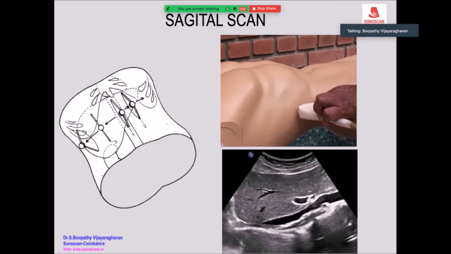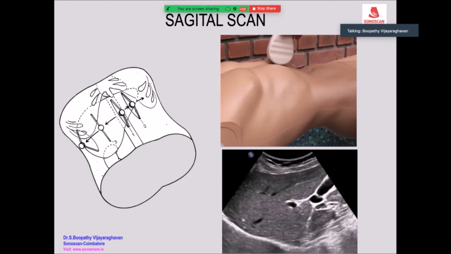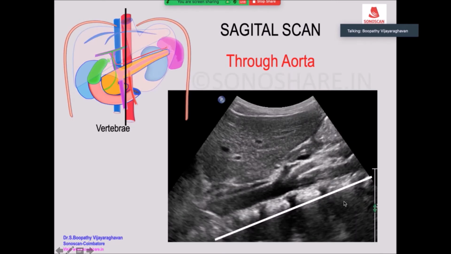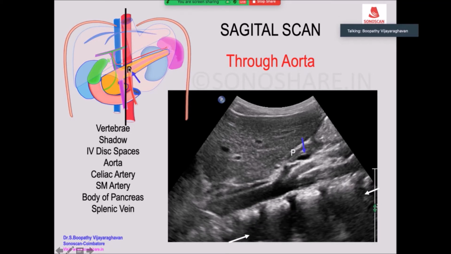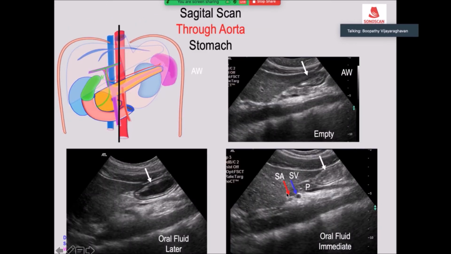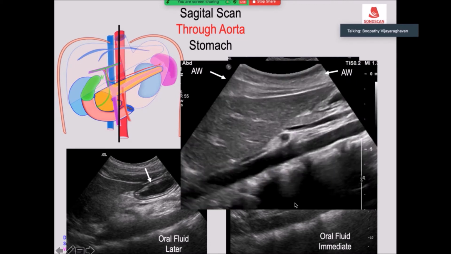and we see the various sections. We will see one by one the surface of the vertebra. So that is the vertebra, and because vertebra is bone, all the ultrasound is reflected back away. Running transversely on the posterior surface of the body of the pancreas, they both join to form the splenoportal confluence, and cephalic to the splenic vein you will get the splenic artery and the upper border of the body of the stomach.